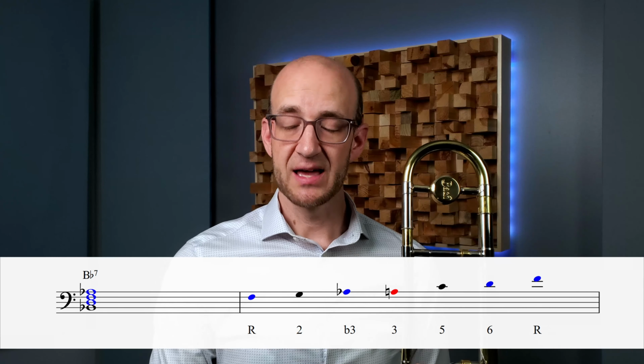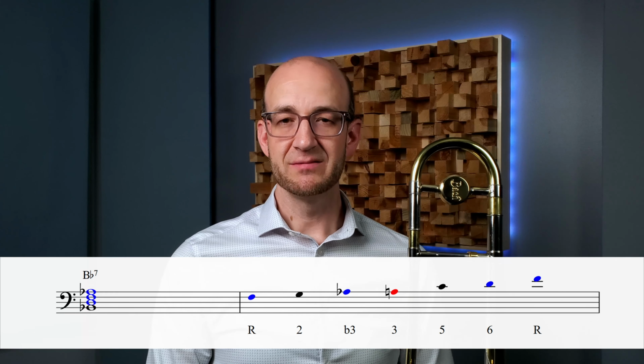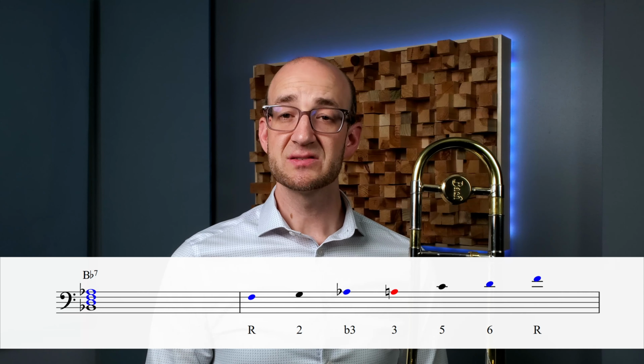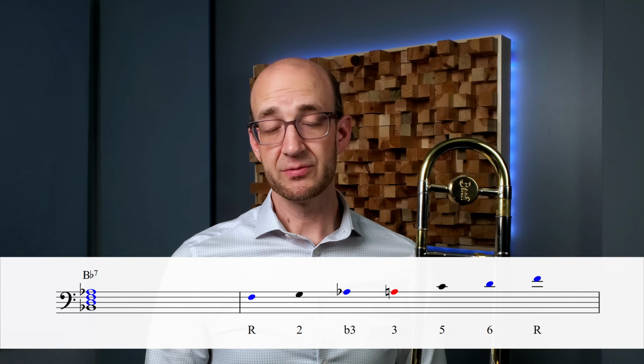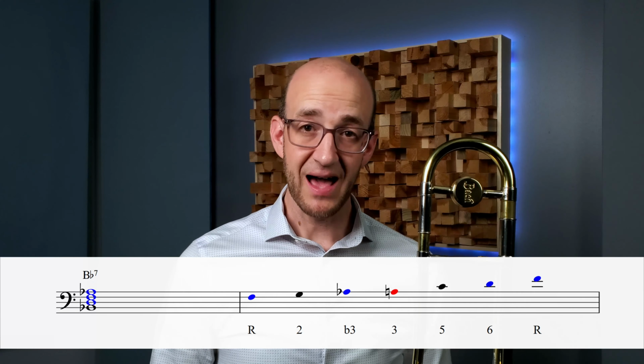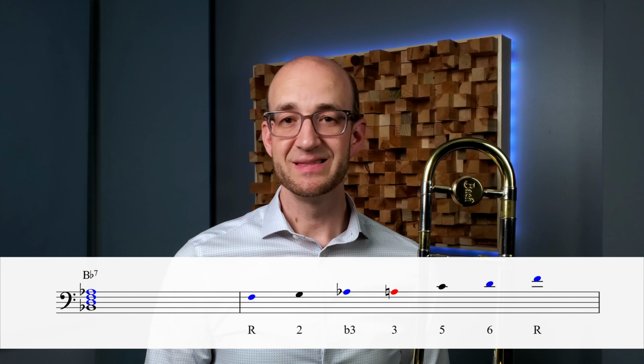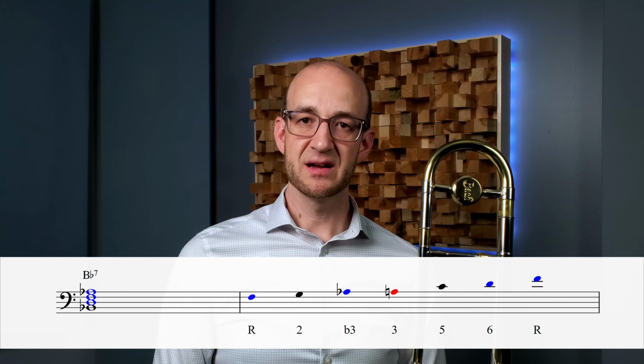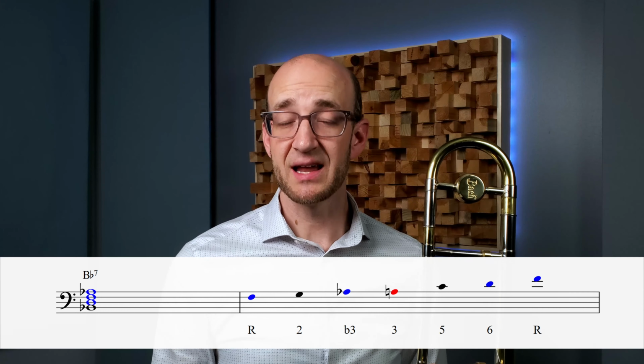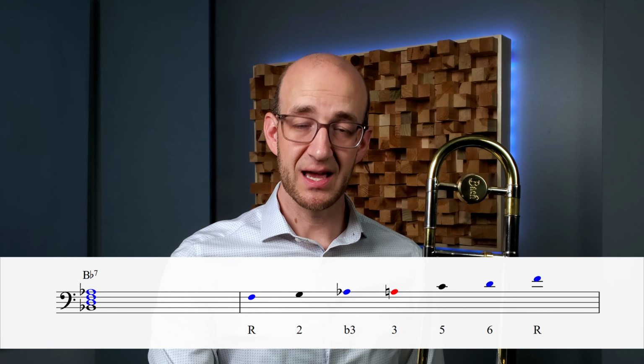So if we look at our 4 chord, we have a B flat, a D, an F, and an A flat. If we think about our scale, and I'll label this on the screen, you can see there's a lot of overlap. The F, which is in the scale, is in there. The A flat, which is in the scale, is in there. The D, which is in the scale, is in there. And then all the other notes are diatonic to B flat with the exception of A naturals. So when you're using this scale to build ideas, when you get to the 4 chord, you can keep using a lot of the similar ideas, just avoid the A natural.